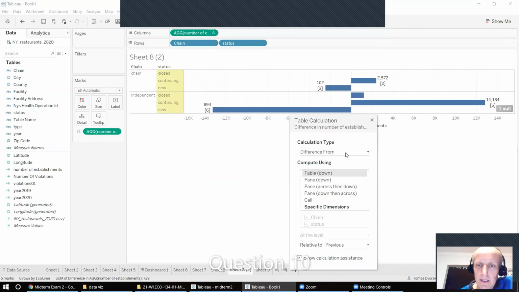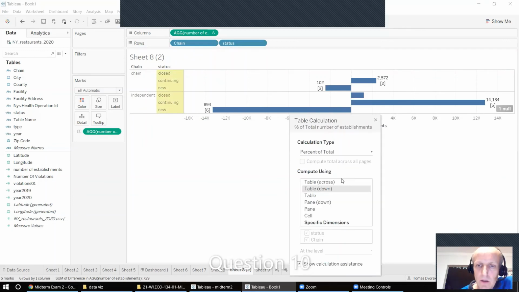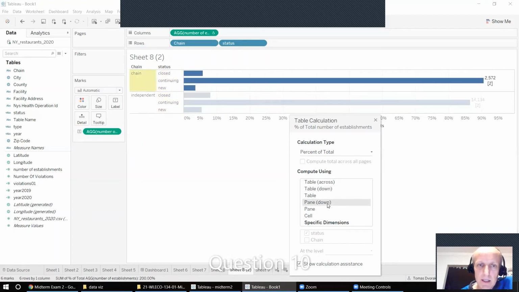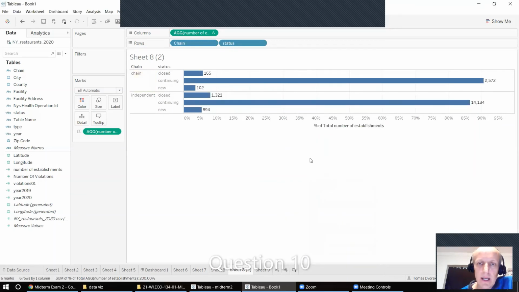Let's make that a percent of total, and we want to go table down. We actually want to go just the pane down because we want to create the percentage within each pane. So within chain restaurants across their status, and within independent restaurants across their status again. So we're going to end that here, and we see